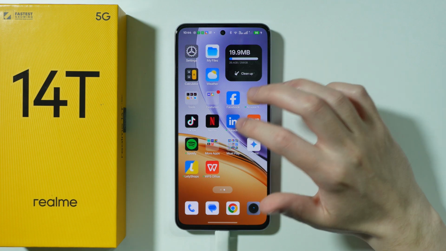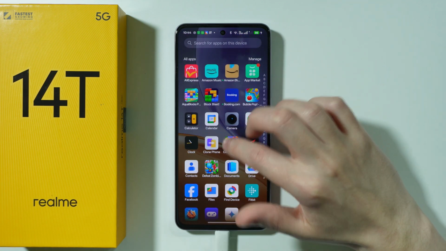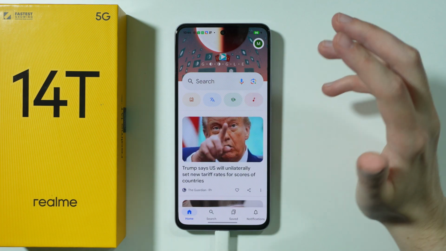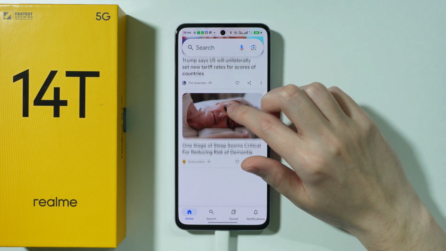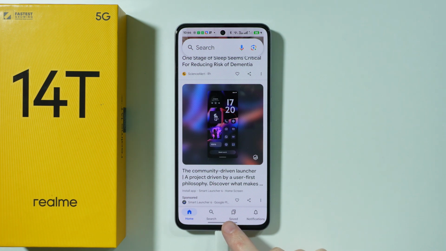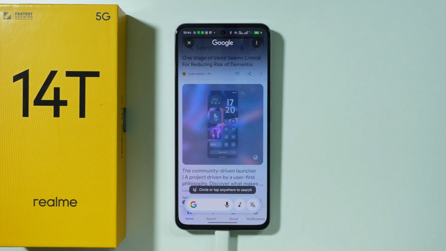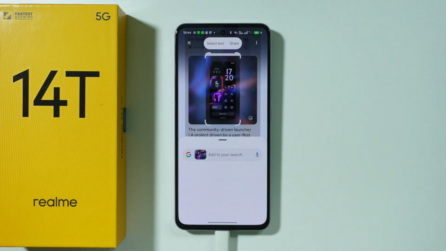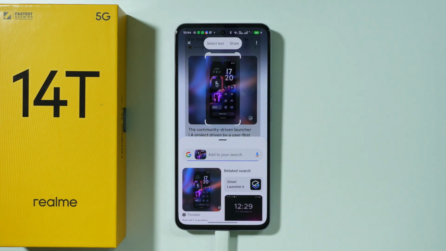After that, we can pretty much use anything. So let's say I'm gonna open the Google app in order to find some images, and then we can activate circle to search by, for example, pressing and holding the navigation handlebar, or the home button if you use buttons for navigation instead. So if you press and hold for like a second or two, then you should be able to draw a circle around the subject that you want to search for in